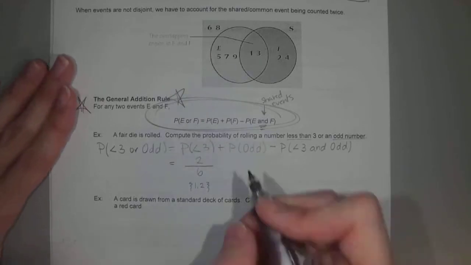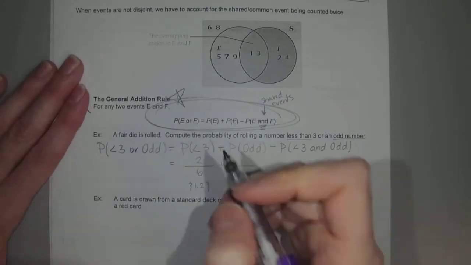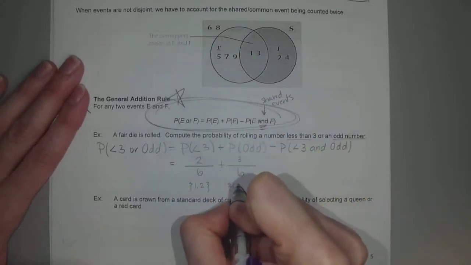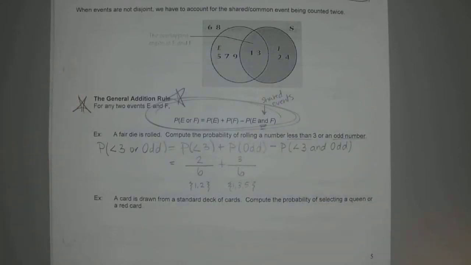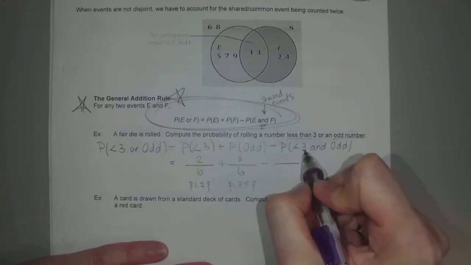All right, you move on to the odd. We just did that right up top, right? How many total numbers are there? 6, but how many were odd? 3, the numbers 1, 3, and 5. By writing our little baby sample spaces like that, what do you notice? What happened when we added the probability of a number less than 3 plus the probability of odd? We shared 1, right? So we're double counting 1. We shouldn't count twice, okay? So what do we have to do? We have to subtract the probability of getting a number that's less than 3